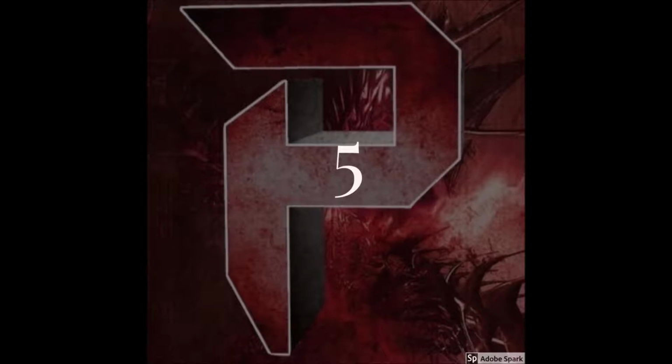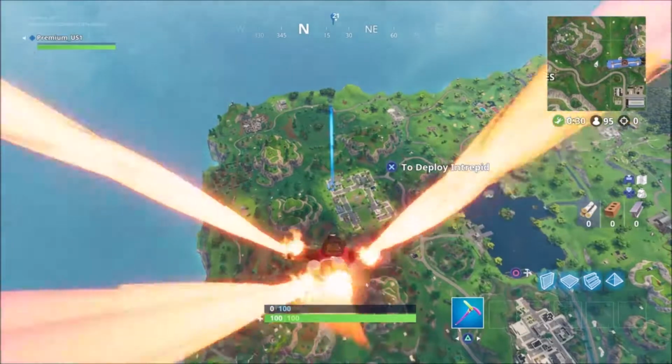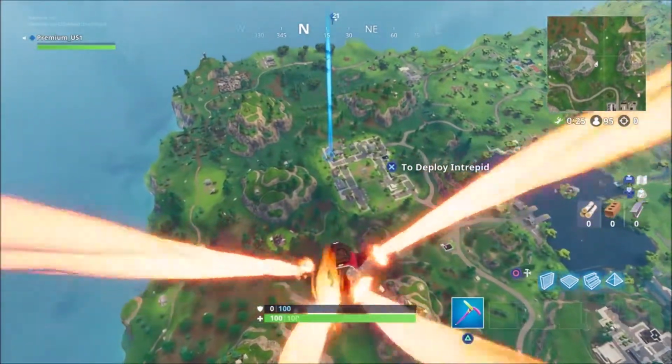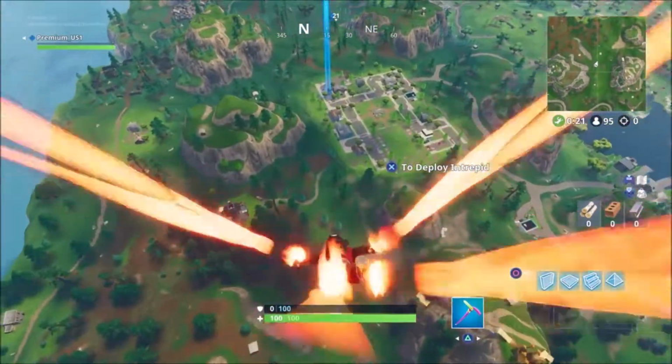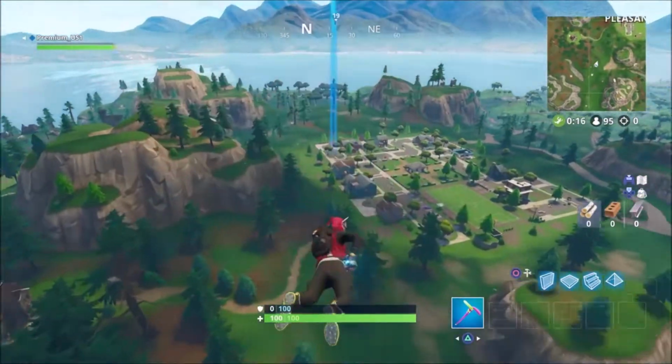At number 5, we have a place that everybody knows by now. It is Pleasant Park. The reason I love Pleasant Park is that there's a good amount of loot here, and you can play it the right way as long as you land at the house that I'm showing you. This back left house here, if you get in that house, the chances are that there's not going to